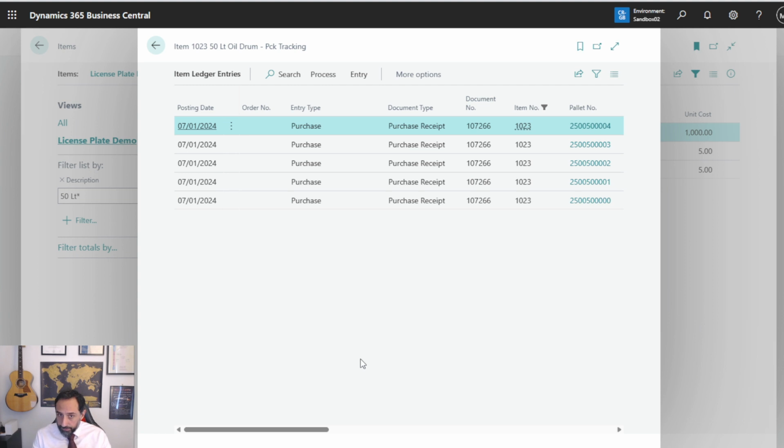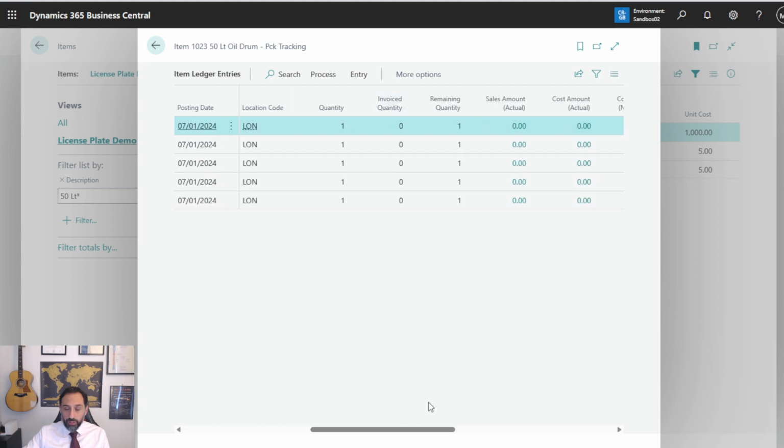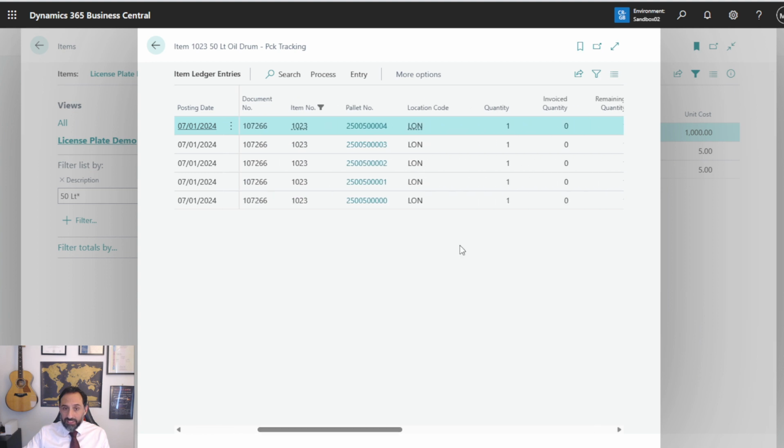Look what happens here. If we didn't have package tracking enabled, I will see one line only: purchase receipt, 1 document number, 1 item, and I will see a quantity of 5. Instead, Business Central created 5 individual lines because of the pallet number. And this creates so many possibilities now, because now our inventory is tracked. Each pallet is tracked with a unique number, which is a sort of a serial number, but it identifies the